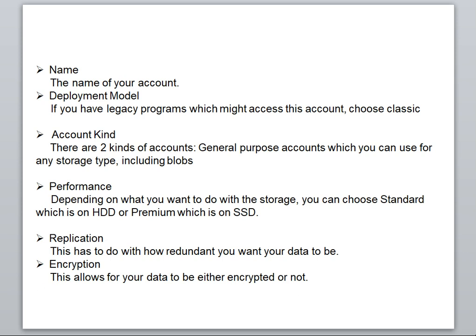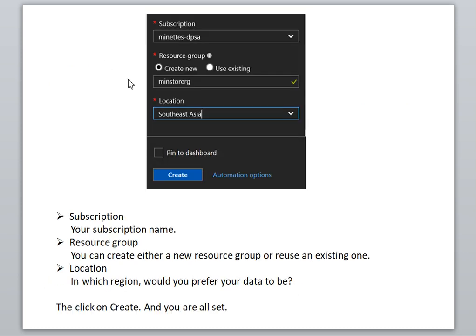If you come to the next, it will ask for the subscription. Your subscription name should be provided, and the resource group: you can create either a new resource group or reuse an existing one. I have already discussed in a previous Azure session what a resource group is. You can go and watch in detail.